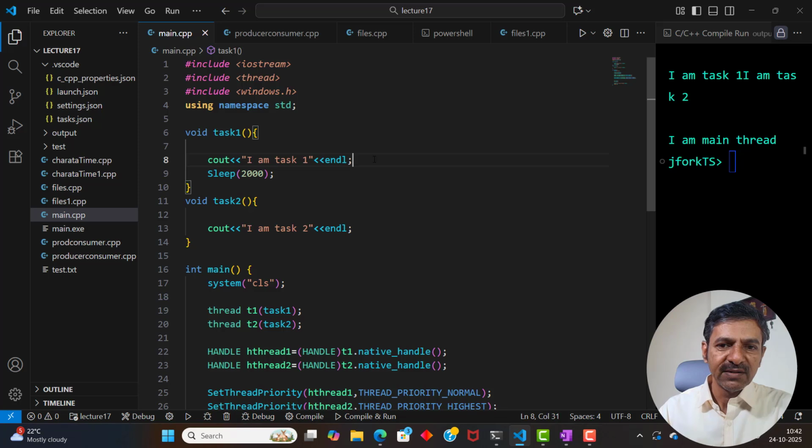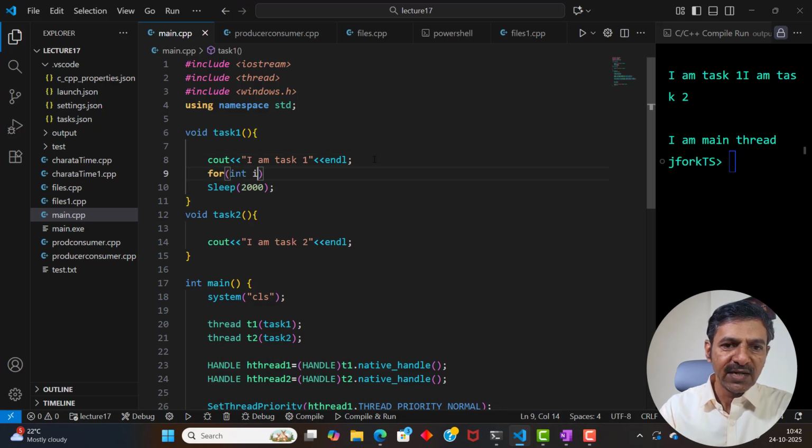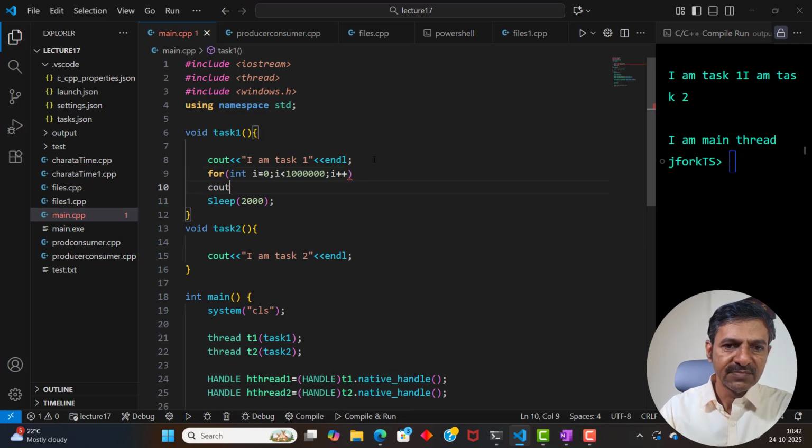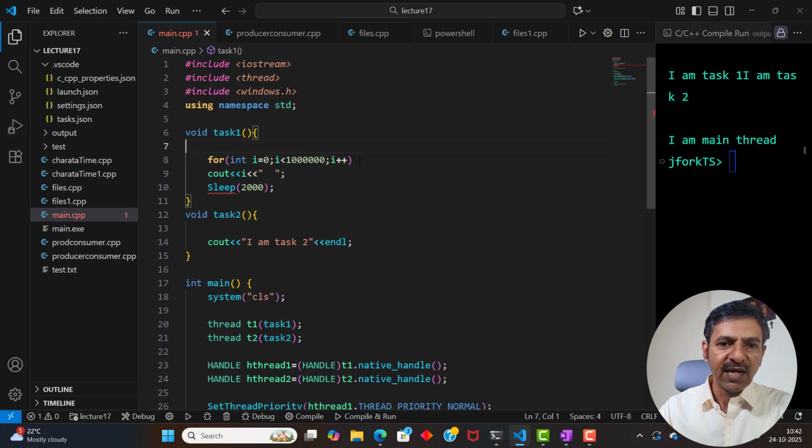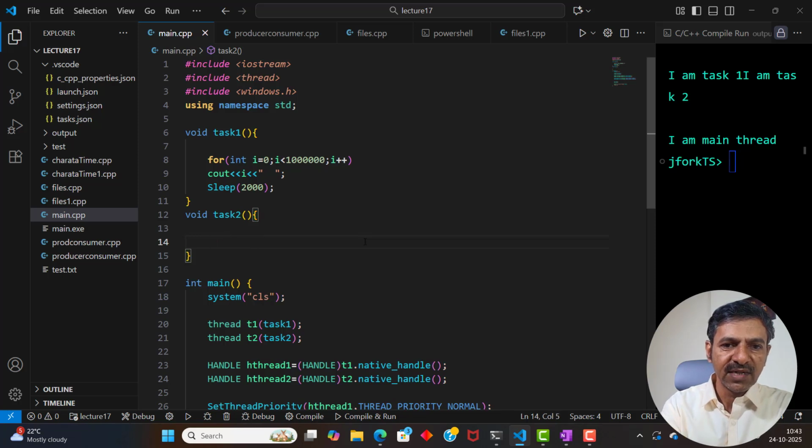Maybe you can say for int i equal to 0, i less than some large number, i plus plus, and then cout it, instead of just printing this, so that task 1 is continuing, and after some time when task 2 gets the priority, you will see that task 2 will get executed before the completion of task 1. So here also if you set up a loop,